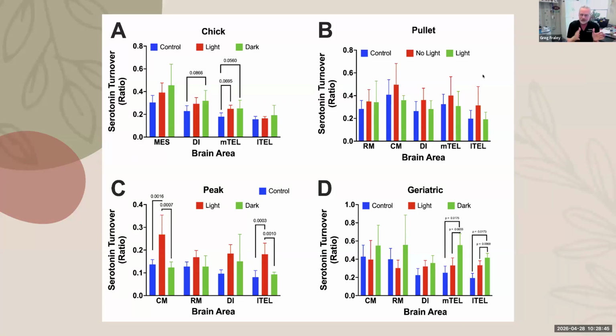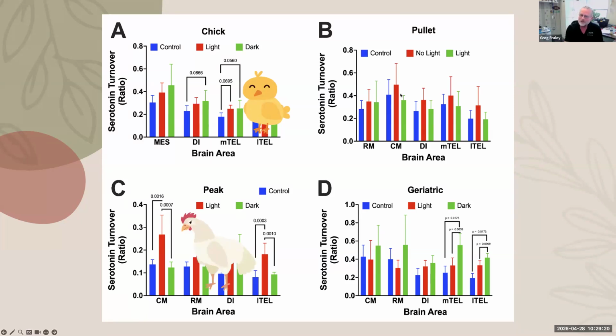So if we're looking again at just the turnovers, we found this wonderful age-related difference in different areas where we saw increases in serotonin turnover, particularly in the young birds, in the chicks. And again, when they were isolated as young birds, we're thinking that this is actually improving affective state, because maybe this is defense against predators. Yeah, we don't know.